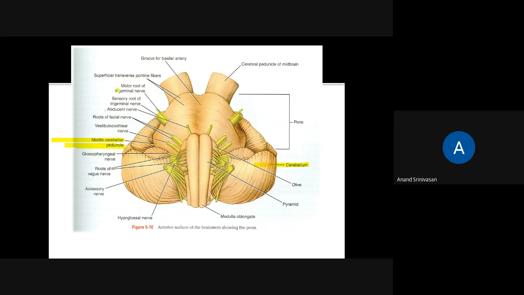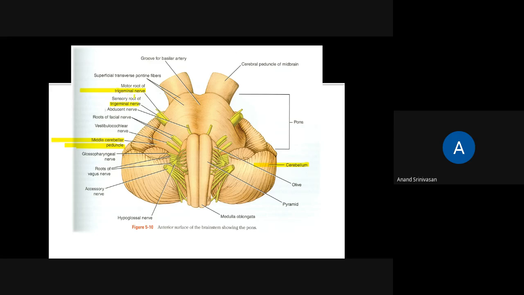This is the trigeminal nerve. There is a motor and sensory root for the trigeminal, which arises almost at the junction of the pons and the middle cerebellar peduncle. So where the pons ends and the middle cerebellar peduncle starts, at this junction the trigeminal nerve